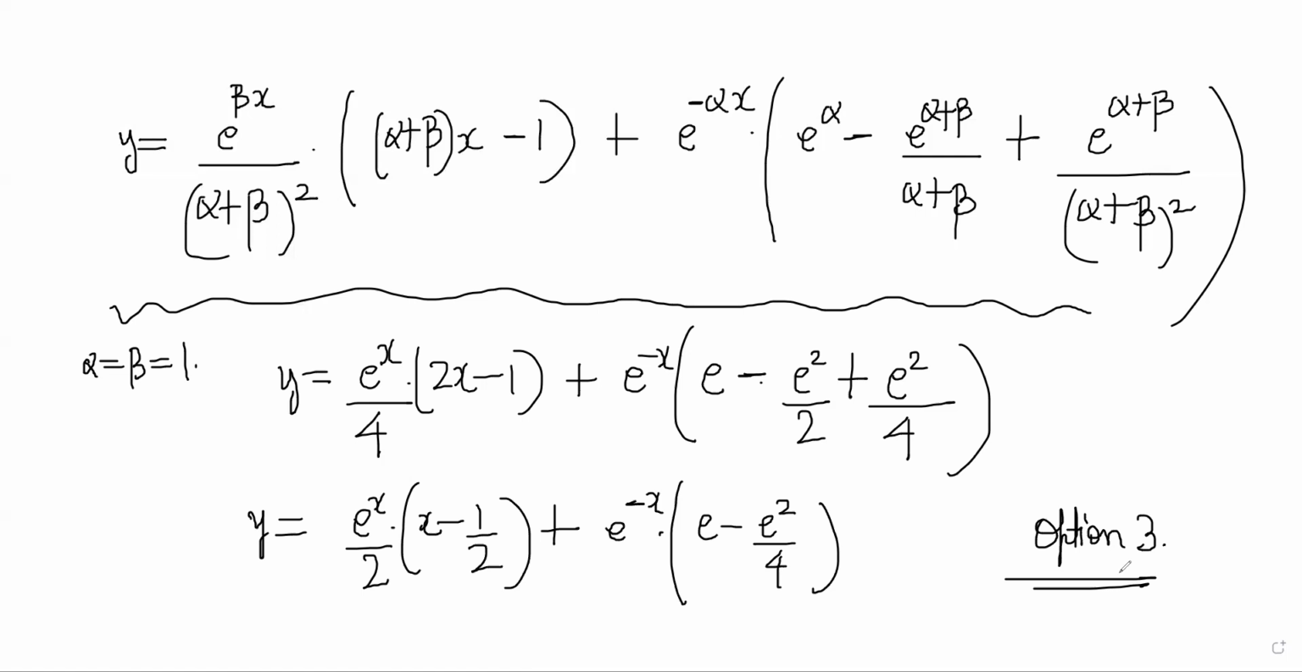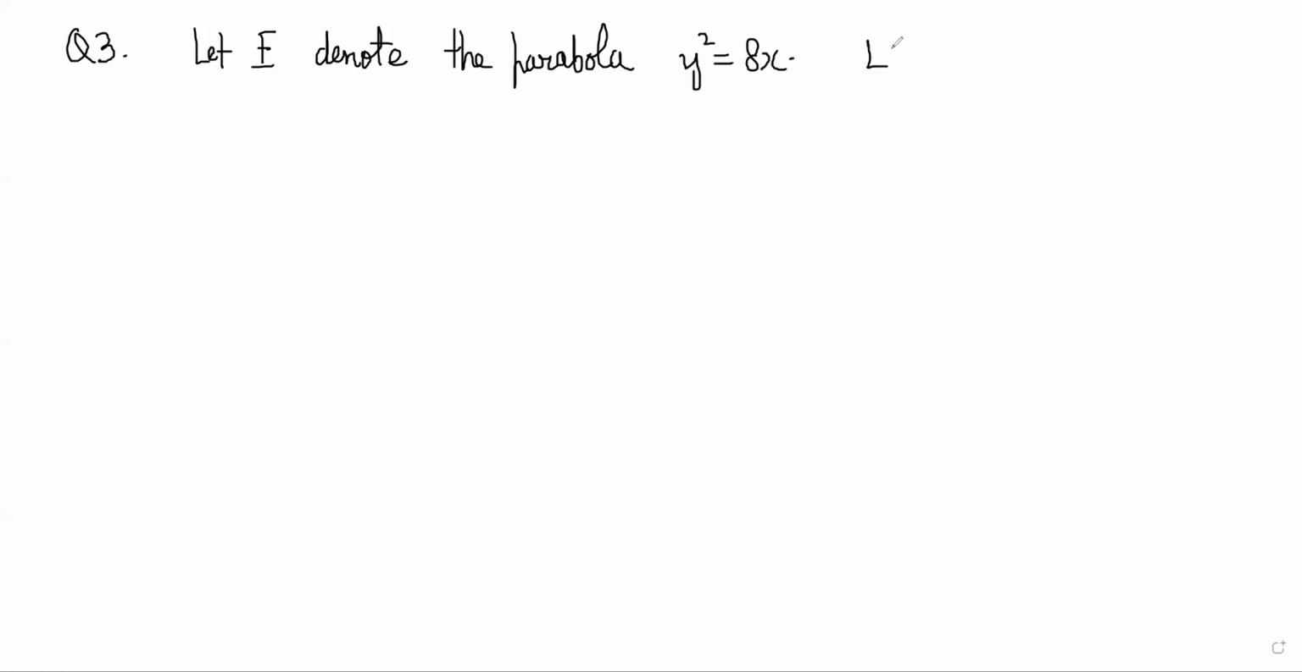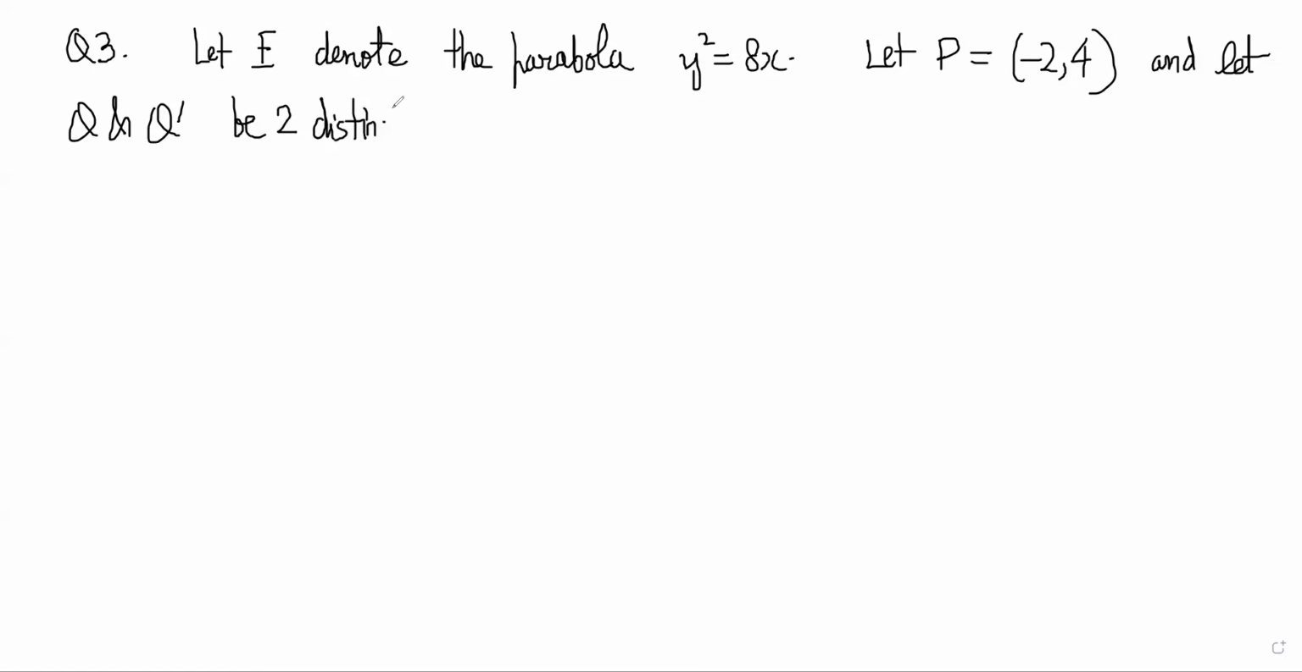Okay. One last problem that we look at for today's session is this one. It's a coordinate geometry problem. It says let E denote the parabola y square is equal to 8x. Let P be the point minus 2 comma 4, and let Q and Q dash be two distinct points on E such that